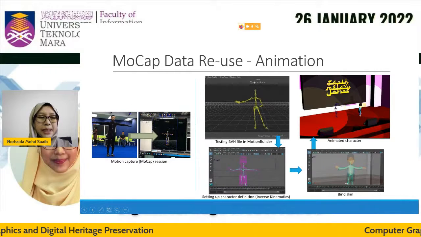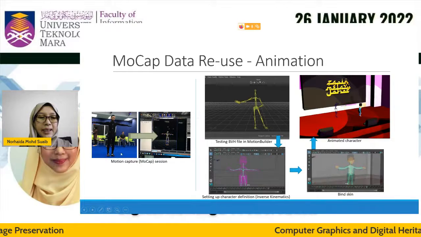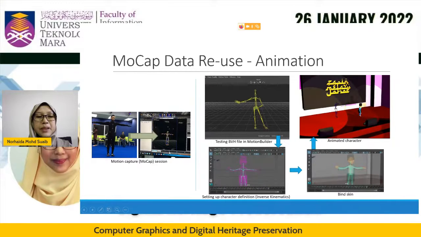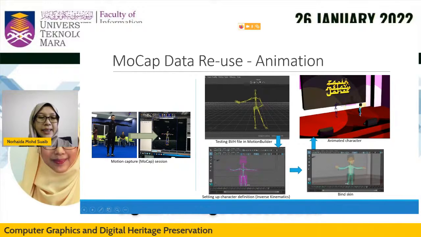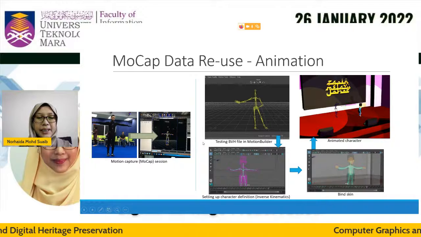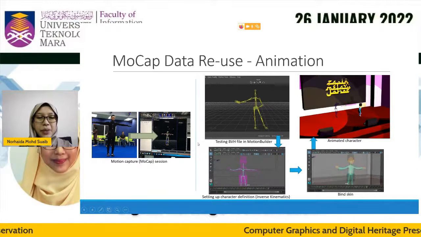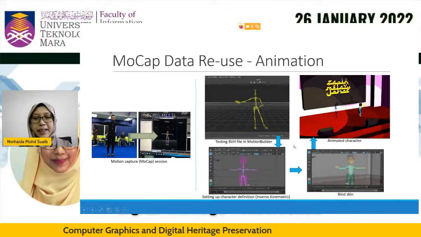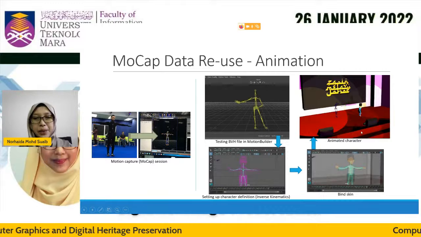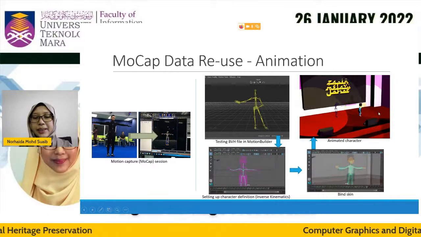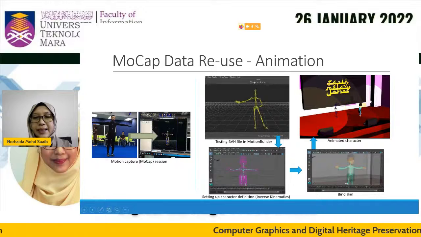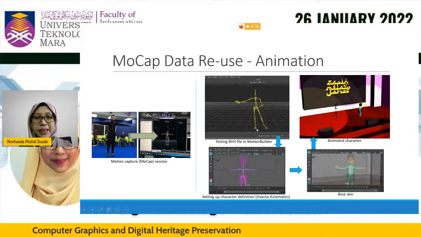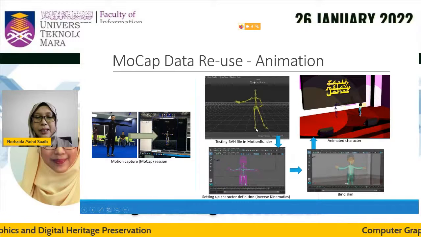So one of the experts in Zapin dance wore the suit for motion capture, and all his movement is captured into a suitable representation. Then this data is used by the students. One of the usages is in producing animation. So in this example, the target is to introduce Zapin to children. So the student selected a figure which looks like a boy, and from the actual data of an adult male,